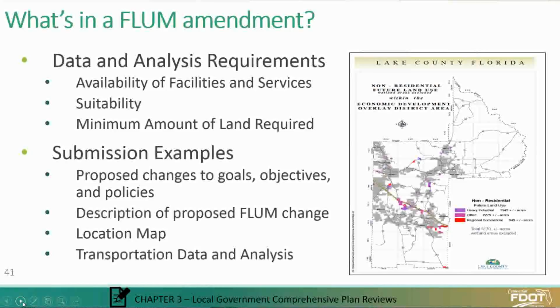The future land use map shows what are called future land use designations or categories, and those are the land uses that are projected to guide development within a jurisdiction. So a text amendment, in terms of submission examples, could be revising that designation to add a new activity to it, to change the density of it, change the impact